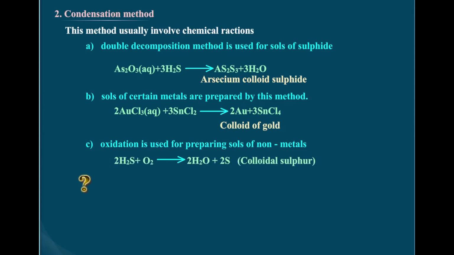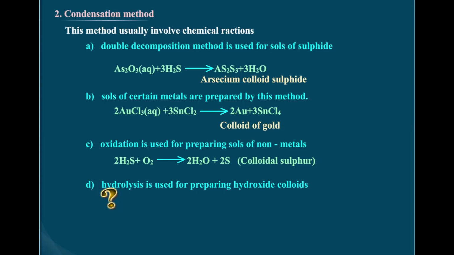Next is the preparation of sulfur sol. Sulfur sol can be prepared by mixing H2S plus O2 to give H2O plus S. That is one reaction given, but in the textbook the reaction given is sulfur dioxide plus hydrogen sulfide. By the method of oxidation, you can get it converted to sulfur plus H2O. So both the methods are actually correct. The next one is hydrolysis, which is used for preparing hydroxide colloid, that is ferric hydroxide colloid.